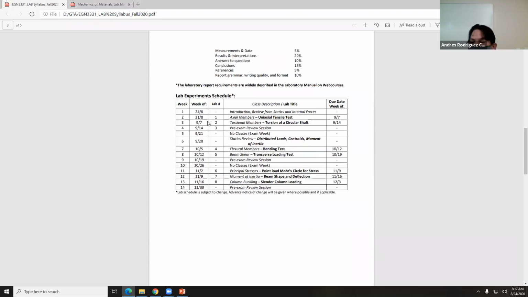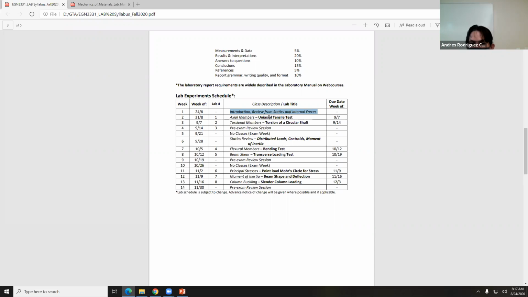So this is the schedule that we already have. It's in the syllabus right now. You can get access to this. This is not the last word that we already have, because this maybe is going to change a little bit because of the situation that we already have with the COVID. So right now we are here, that is an introduction class, where we are talking a little bit about the syllabus,